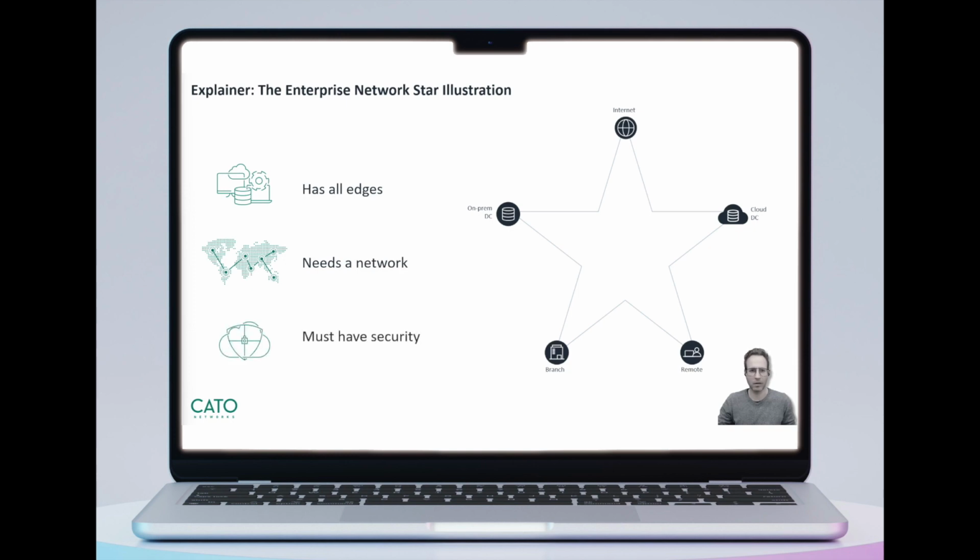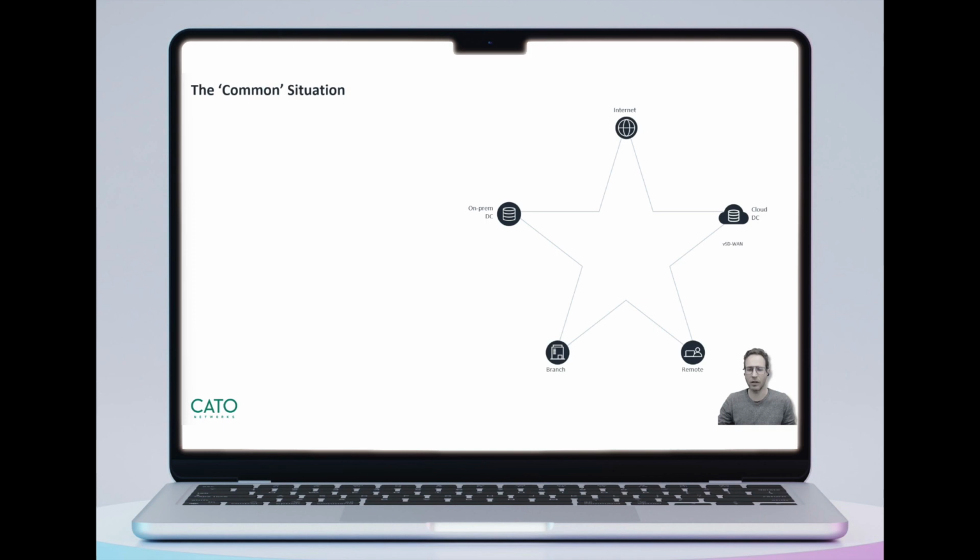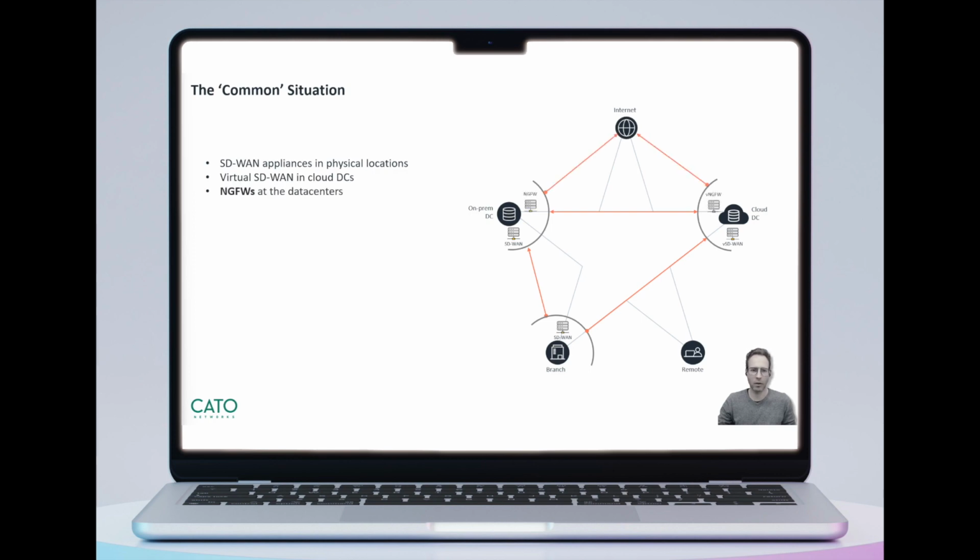We don't want to allow free access from the internet into our resources, between users and resources, and from resources to the wide world of the public internet. The challenge is that SD-WAN traditionally lacks the security. In a common situation, we'll see SD-WAN appliances in physical locations and a virtual SD-WAN in the cloud data centers, and they would form our wide area network. Additionally, we'll see next-gen firewalls, virtual and physical, in the physical data centers and the cloud data centers